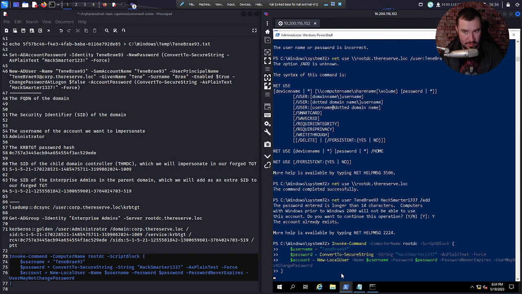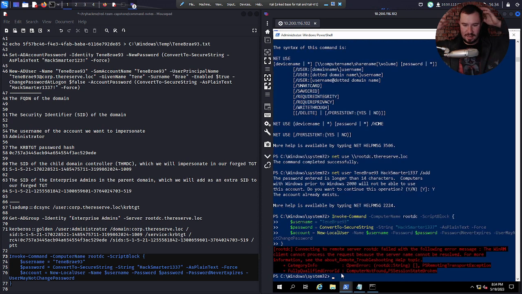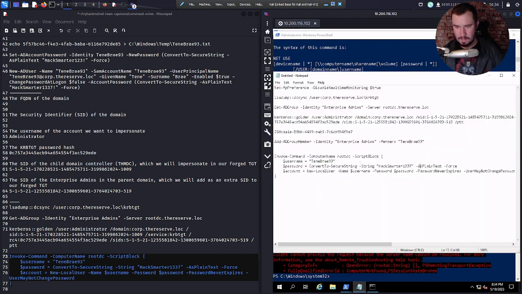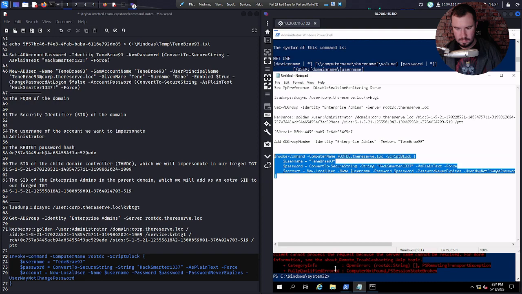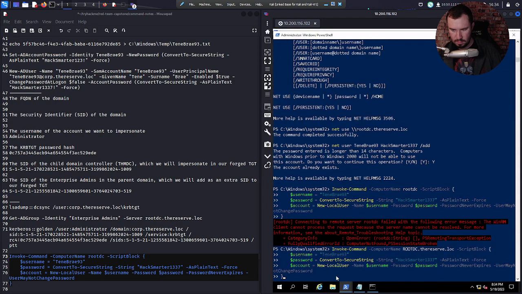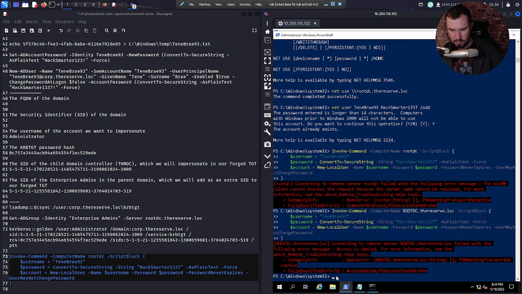And then we're going to set up. Do I need to do the full domain name? If we do like root DC. What if I do that? Access is denied. Okay, so we can't do it that way.